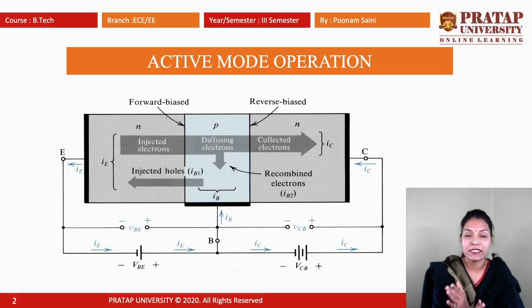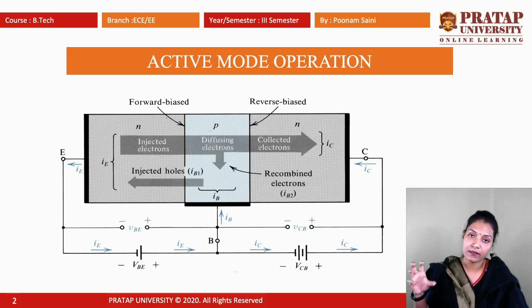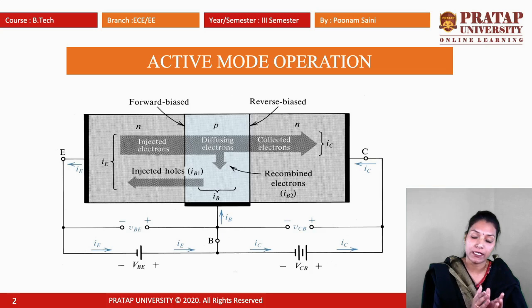The reverse of NPN is PNP. In the PNP, N is sandwiched between the two P. So in PNP, holes are injected from the emitter, and because of the forward bias junction, the holes move towards the base, and the base has a very small amount of electrons, so very little electron-hole recombination takes place. Because of this recombination, the base current is produced. This is known as IB, and the remaining holes move towards the collector and are collected at the collector. This is known as the collector current.